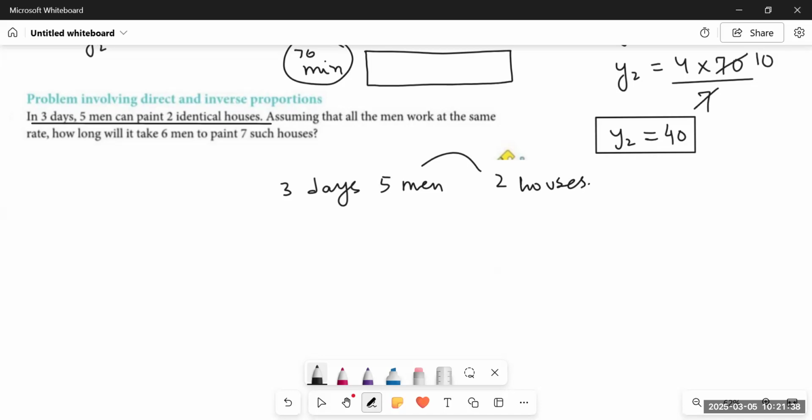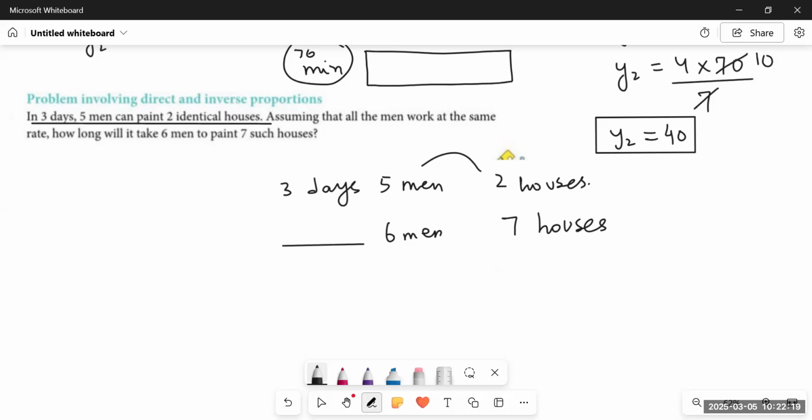Then they are saying, assuming all the men work at the same rate, how long will it take 6 men? Now the number of men is increased, and the number of houses is also increased. So how many days would be required to paint the 7 houses? Basically the 3 variables are the number of men, the number of houses, and the number of days. At each stage, we have to keep one of the variables constant. For example,